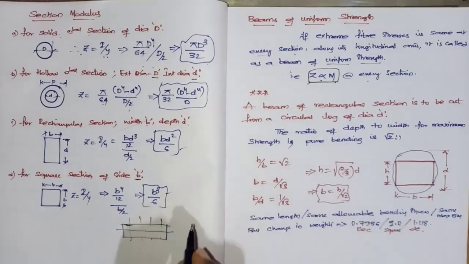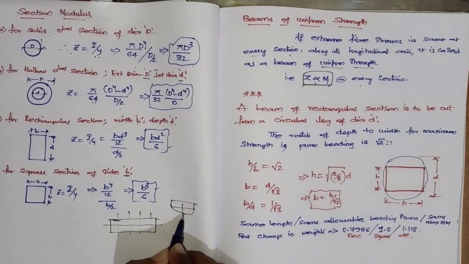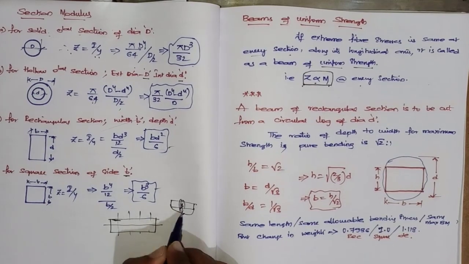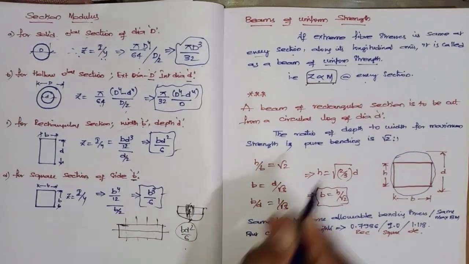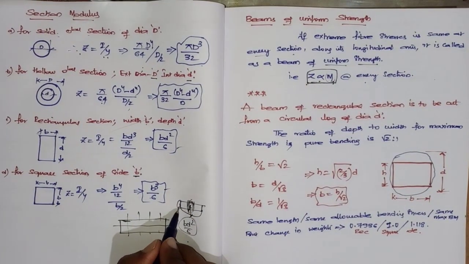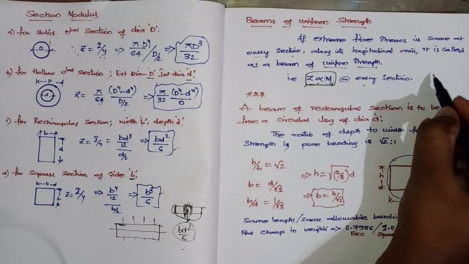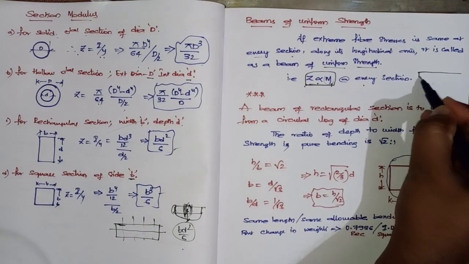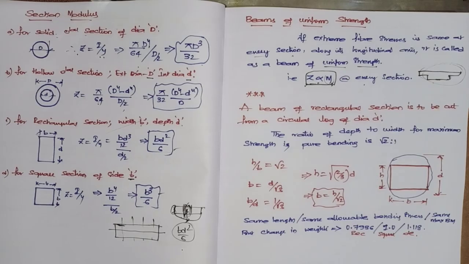Then in those conditions the moment will be maximum here. In this portion the section should be developed, which means B D square by 6 should be higher, directly proportional with respect to moment. Here the moment will be less, so you can reduce the section like that. Instead of the beam being like this, it will be somewhat like this. So based upon the variation it will be changing, right?